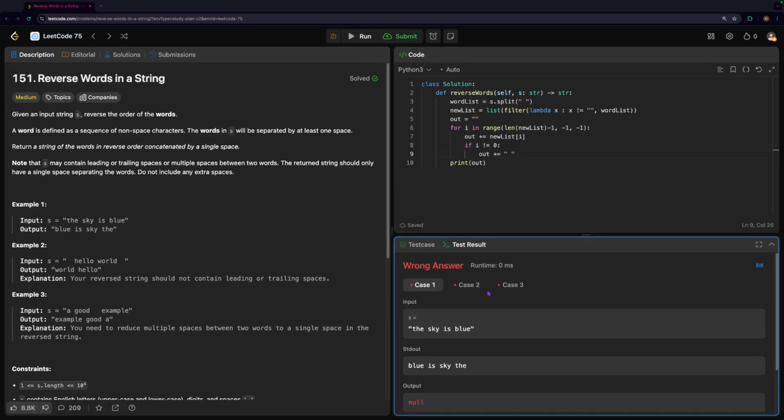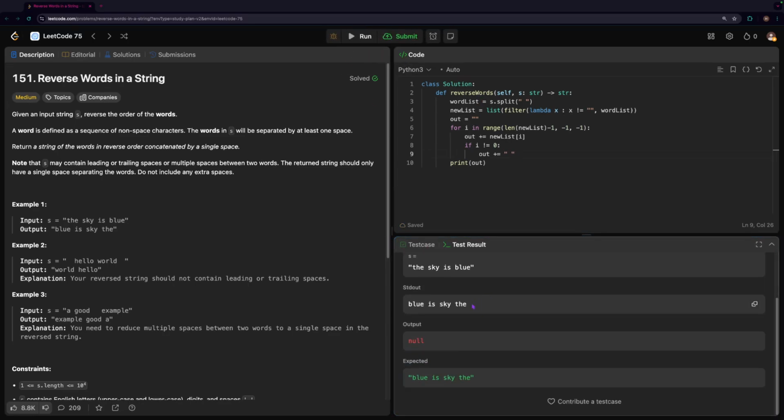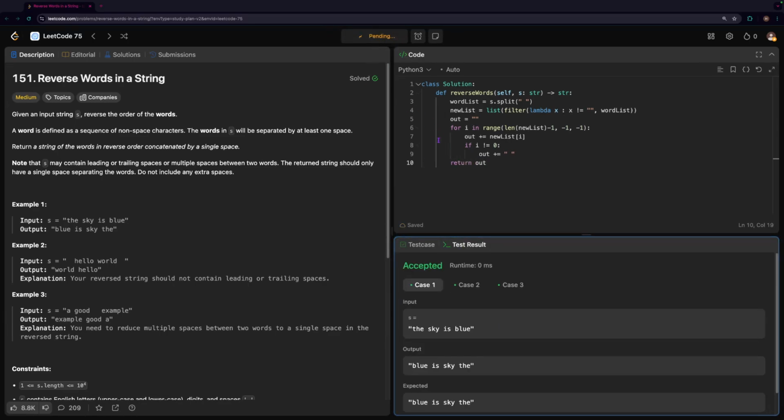So if I run this now, it seems like we're still getting a problem. So let's see. Oh, it's because we need to return the output. So if I run this, submit this,